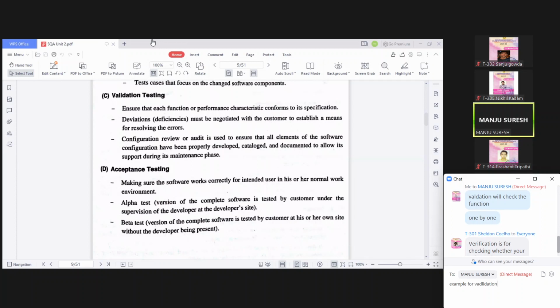Okay, now validation is what? Validation is you are executing and checking whether my system is working properly or not, or whether the code is working properly or not. Okay, so now validation is understood. What do you mean by validation? There we check, we give the input. Black box testing and white box testing come under validation testing. Hope I am clear.